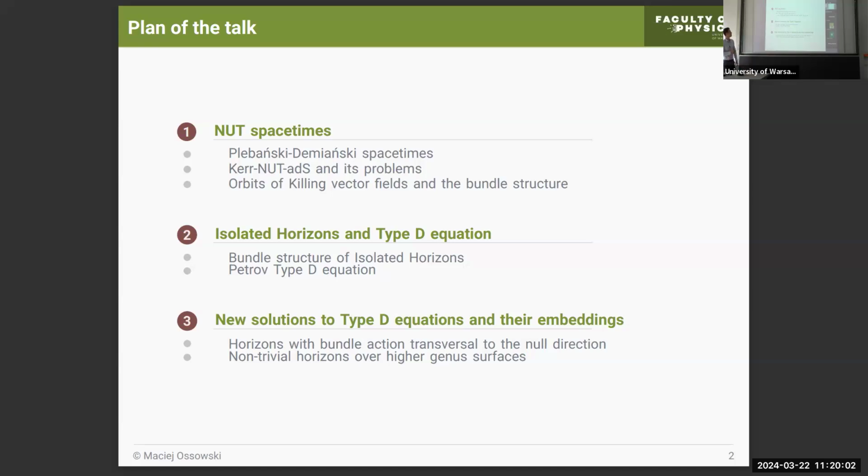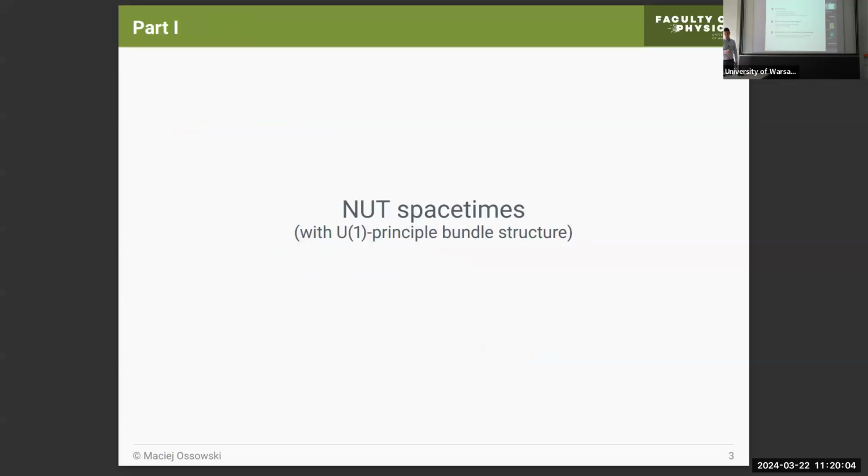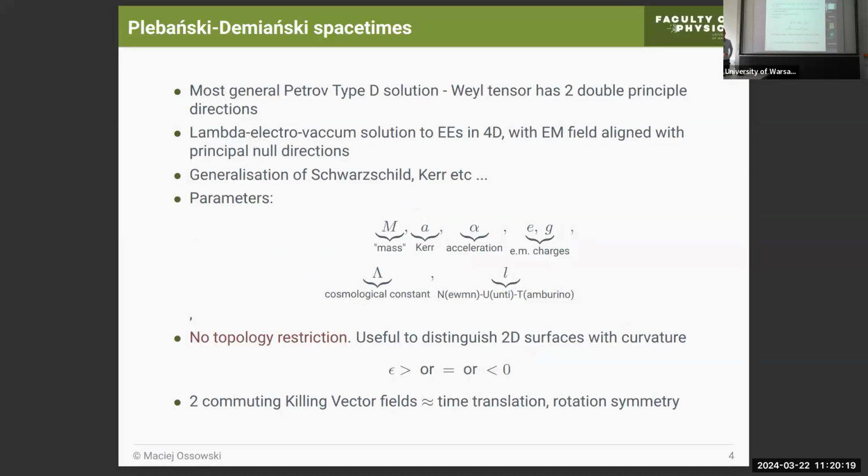So this will be the thing that I will start with. All of those non-trivial U1 horizons appear naturally in those spacetimes, and I want to talk also about embedding of those horizons. So those horizons appear in Kerr-NUT-AdS, and Kerr-NUT-AdS itself is a subset of the large so-called Plebański-Demiański family